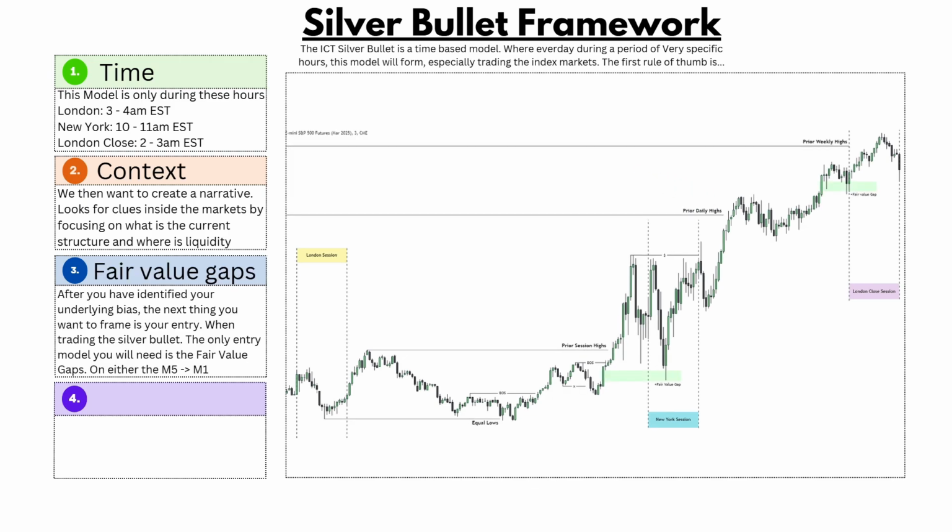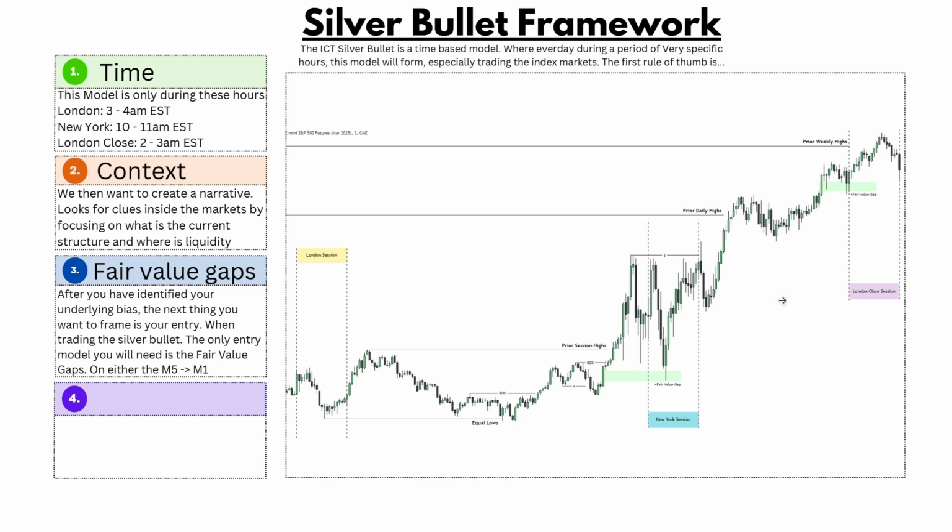After we've identified our bias and where the marketplace wants to go, we want to utilize the fair value gaps from either the 5 minutes all the way down to the 1 minute time frame to frame our perfect entry. So we can see that our underlying bias was higher prices following this breaker structure to the upside, as well as we did have these equal highs up here. Price came lower into this bullish fair value gap right here. The fair value gap can be before the silver bullet timing, but you have to take the trade during the